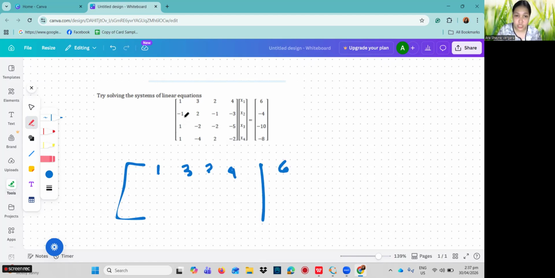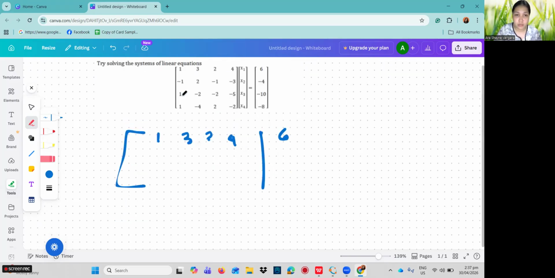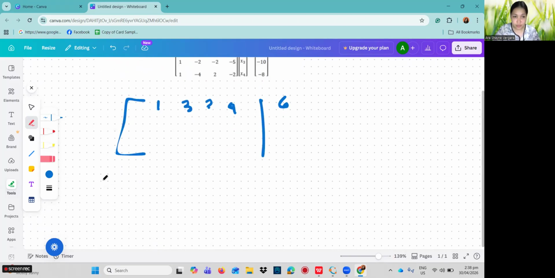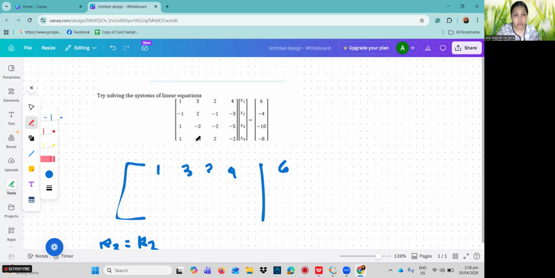How can we make this 0, 0, 0? So first, R2 is equal to R2 plus R1.